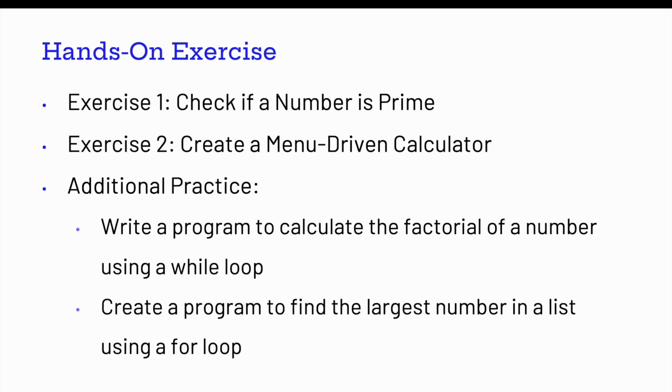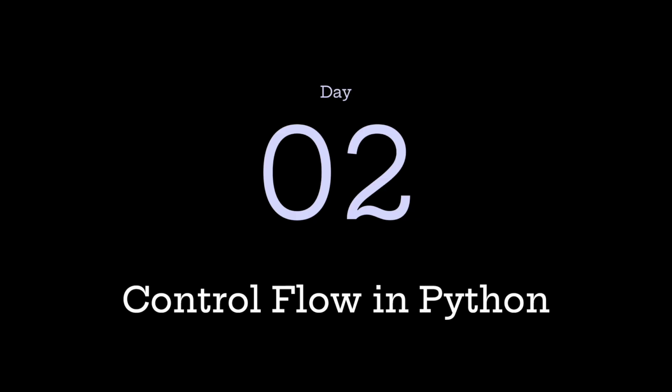Next, you can try to create a program to find the largest number in a list using a for loop. So you can try that out. Create a list of items and add some numbers inside there, and use a for loop to go through each and every item in that list and find the largest number in the list. So that's it for day 2,